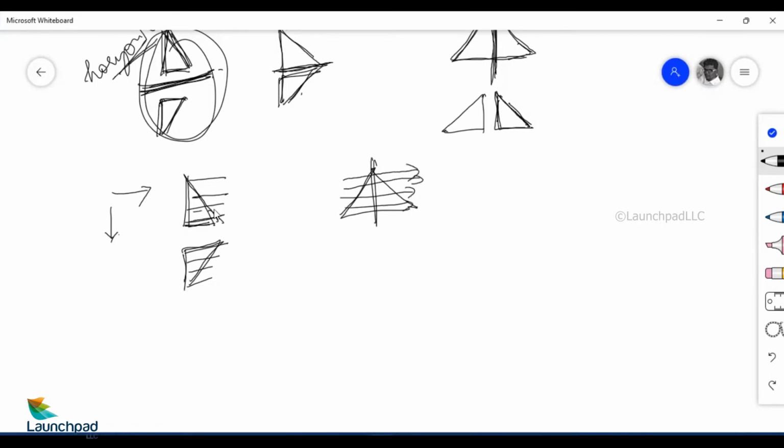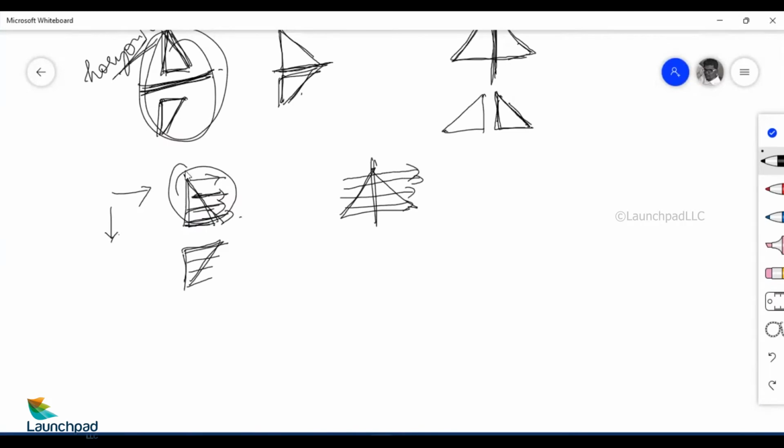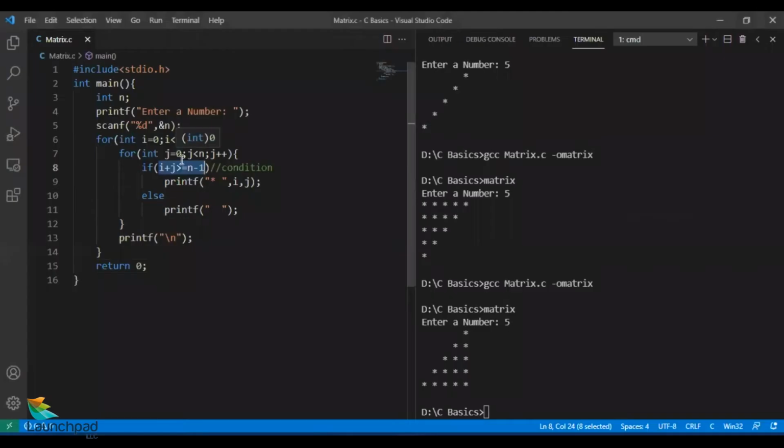Okay. For this joint, the horizontal joint, let us have the solution first. Let us print the top part alone first. For the top part, I want you to give the conditions in the comment section below. What is the condition which I have to use for this shape? For this shape, what is the condition that I should use? It is i greater than equal to j.